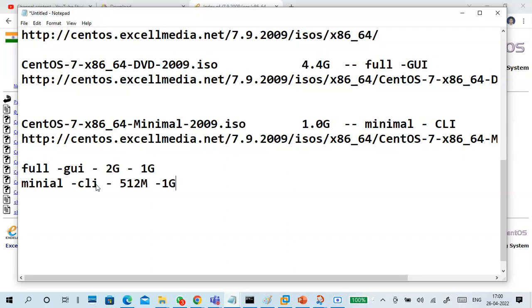2 GB, if you are working with some application. I developed a lot of things on the minimal only. I installed RHEL, but there are a lot of adjustments. Patience is required. I installed Git, GitHub, Jenkins, Maven, Docker. When I tried to install these on Windows 10, my Windows 10 became very slow.